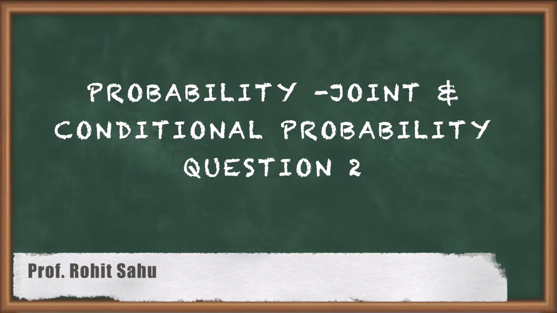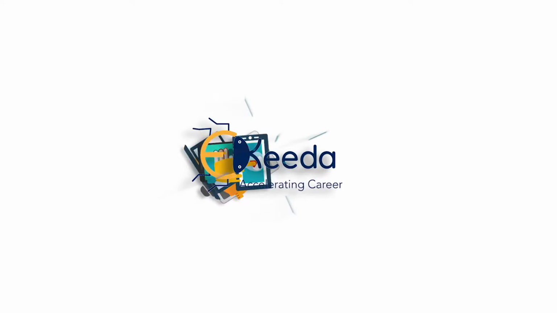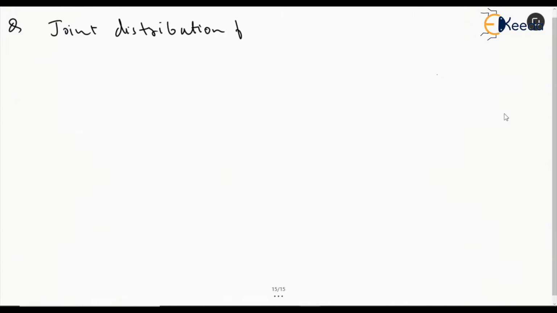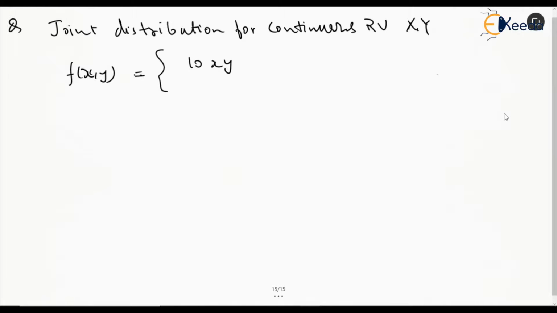And this question is: the joint distribution for continuous random variables x and y is given by f of x comma y equals 10xy square for the region